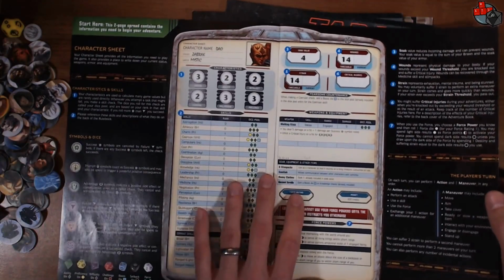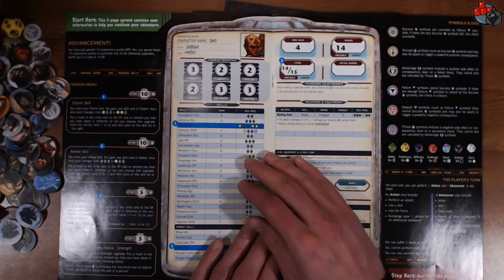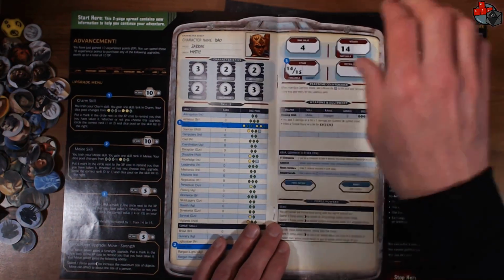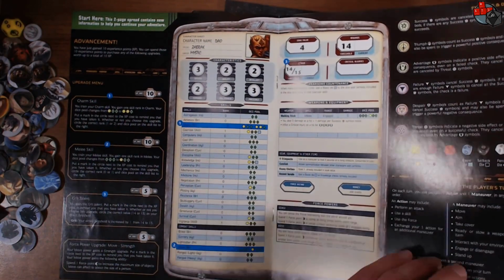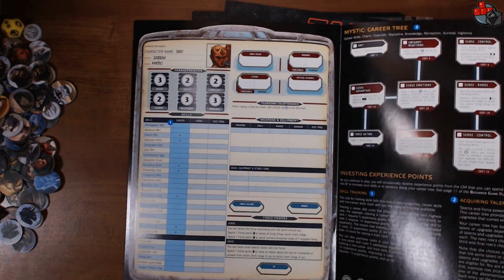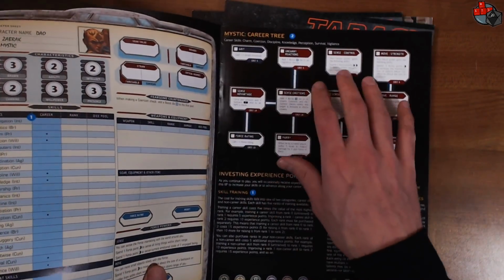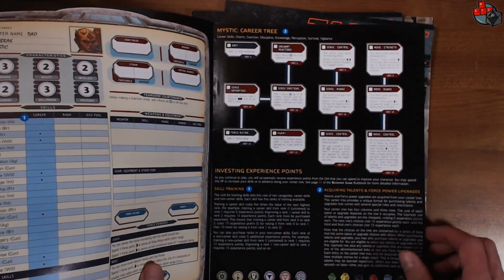But what they've got here is the character sheet, and I think this is probably level 1, and then you've got level 2, I assume, advancement. So this is when you level up. This is the one you get to use, and I think that happens at some point in the starter adventure. And then they've also got back here just a blank one so that you can customize it. You could potentially level this guy up more. Here's a career tree, which is kind of cool, and then they've got investing experience points, some tips on that,